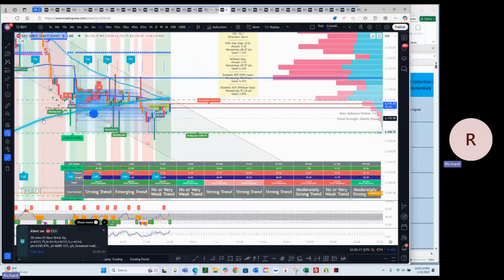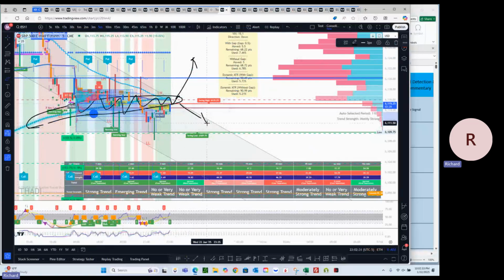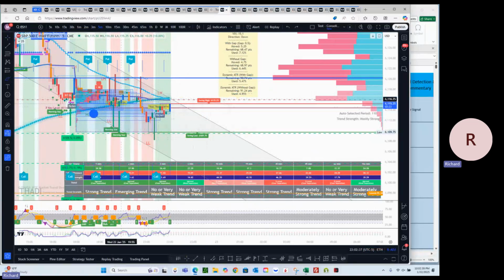This is your 250 SMA. I think you guys, I told you about this 250 SMA. So the market is just trying to decide which way it's gonna go. So it goes up, we're bullish. It goes down, we're bearish. But as long as we're in high risk, you still can make good money, but it's